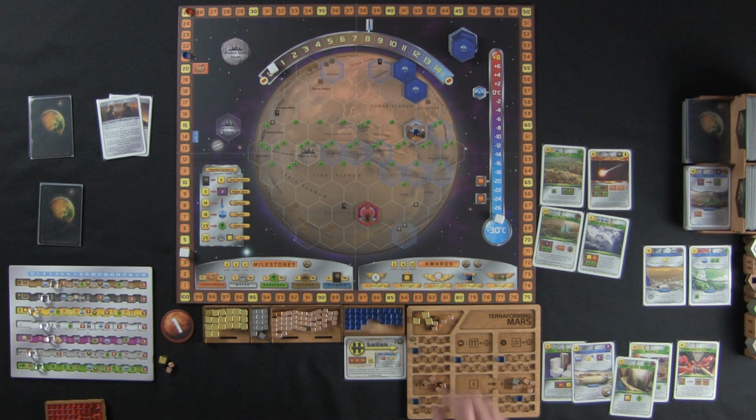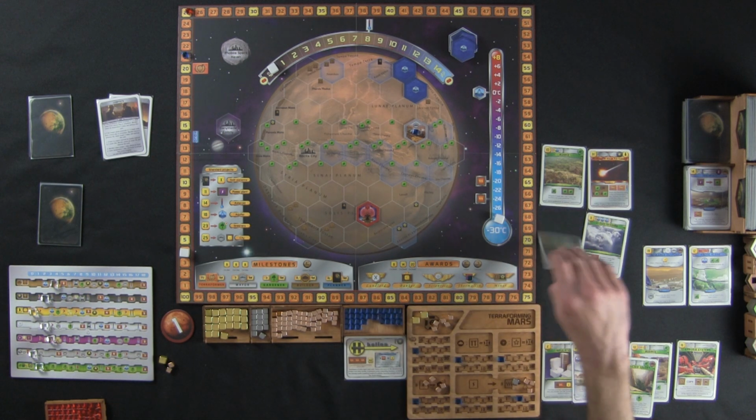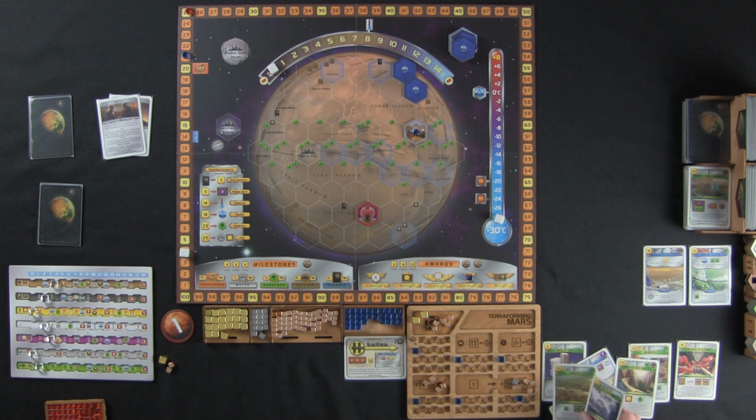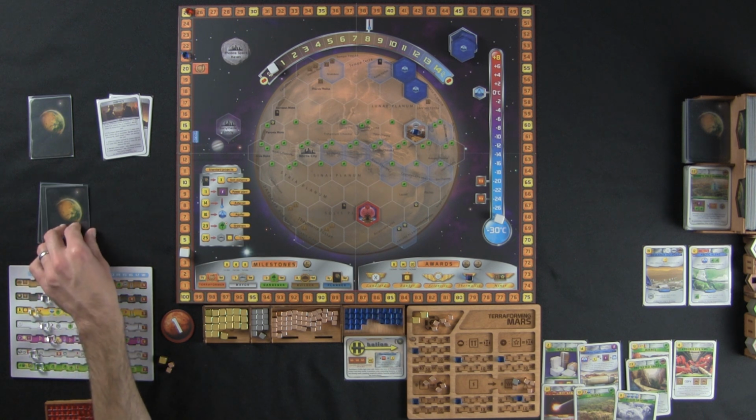You know what? Forget it. Let's do it. Let's spend 9 mega credits. We'll get rid of this, grab all 3 of these. It's a terrible decision, but let's give it a shot. So I got a lot of cards in my hand, and I don't feel like I can really play hardly any of them. But while I think about that, the MarsBot's going to take a turn because they're the first